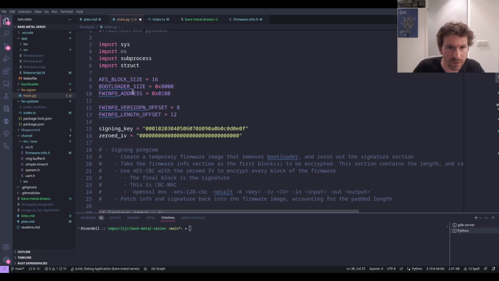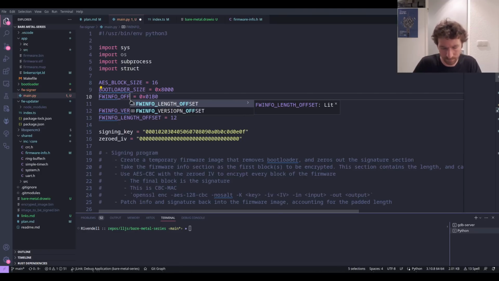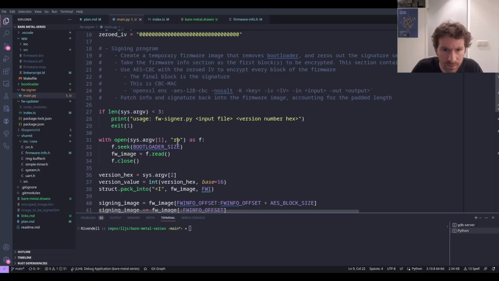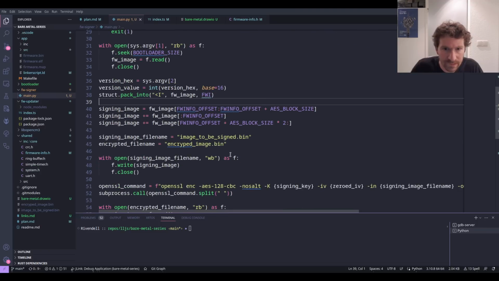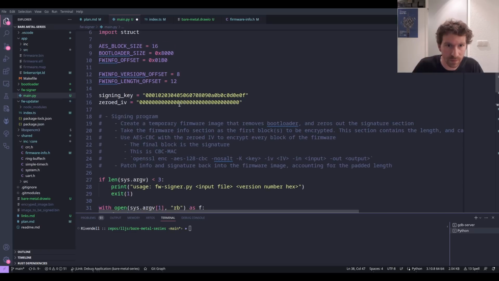No, address is not correct. This is also an offset. So that's the offset, and we're going to pack into the firmware info offset